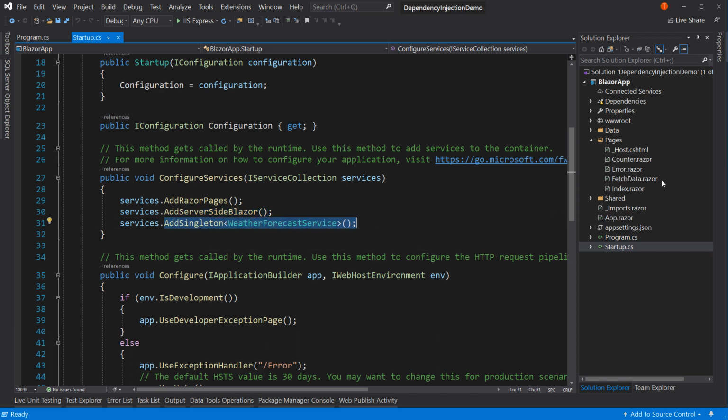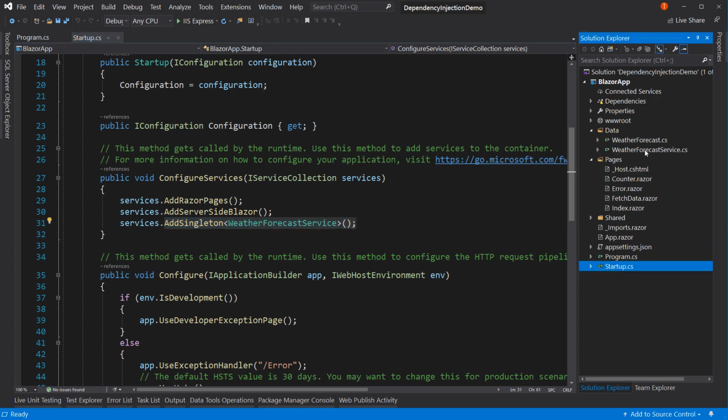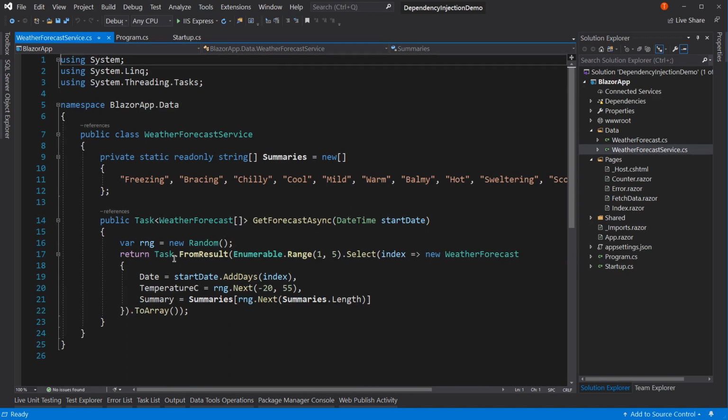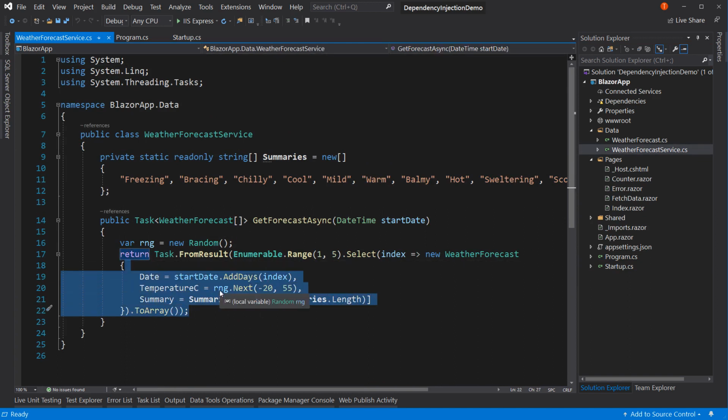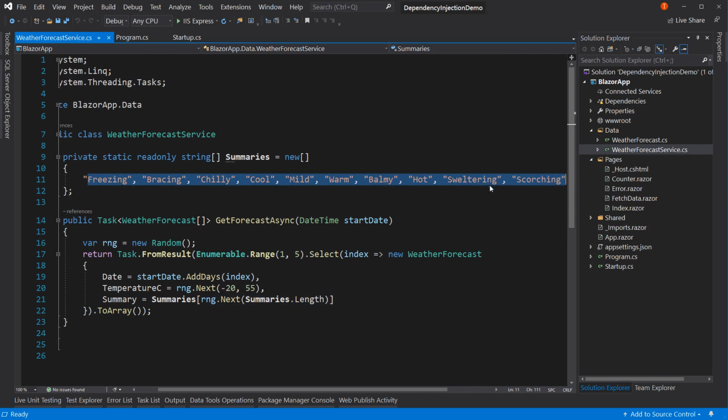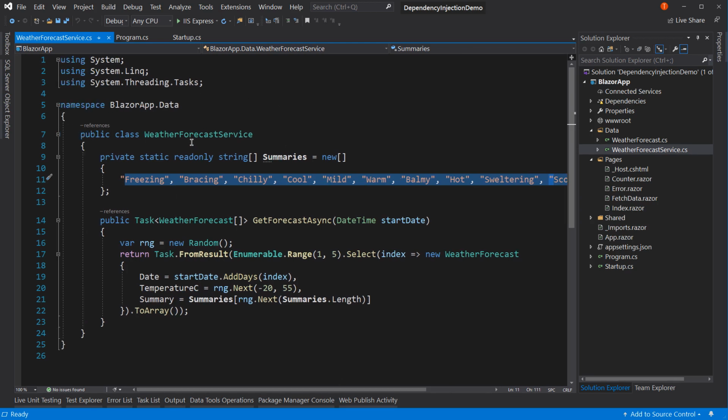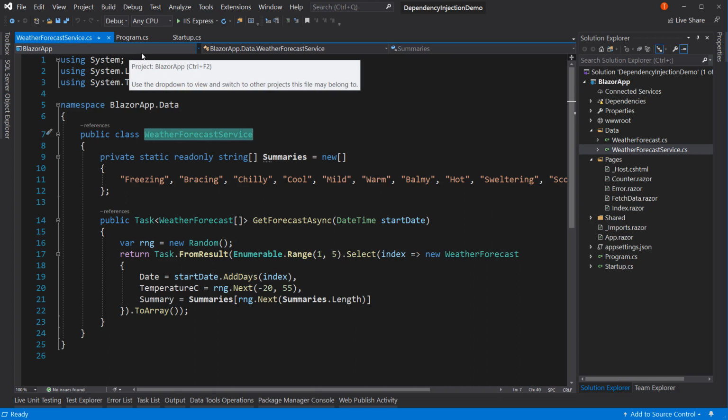Remember, we have the fetch data page, which is really the weather page, the weather forecast, and it gives us some information. That has a data backing called weather forecast service. And what it does is it creates some random information. So there's a random next, here's the temperature, and then the summary is a random value from this list. So even the temperature and the summary don't match up, and that's fine. It's just grabbing random information. But this right here, this weather forecast service, this is a class